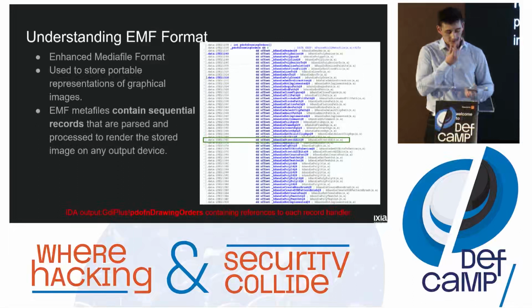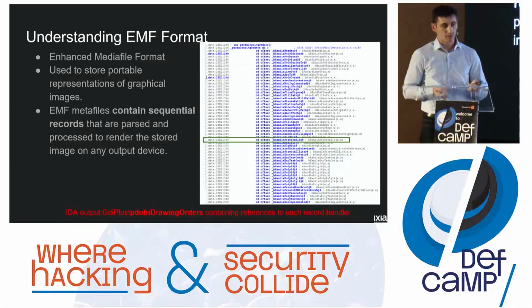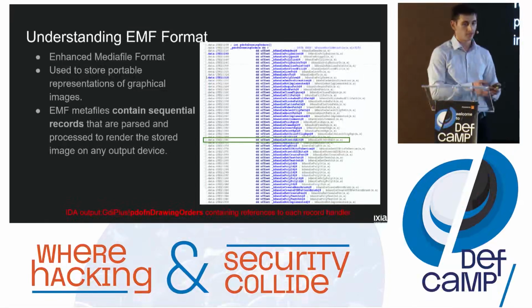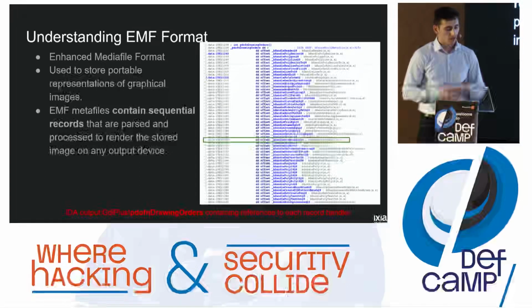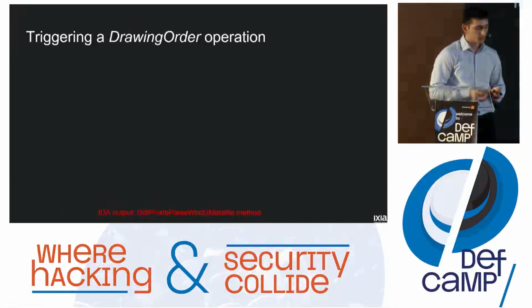So it seems that there are records that have to be handled somehow. And I started thinking that these handlers have to be in there, in the DLL. So I've tried to see if they are grouped somehow. And it turns out that all the handlers that we saw earlier in the call tree are practically indexes in an array. And the array is called,